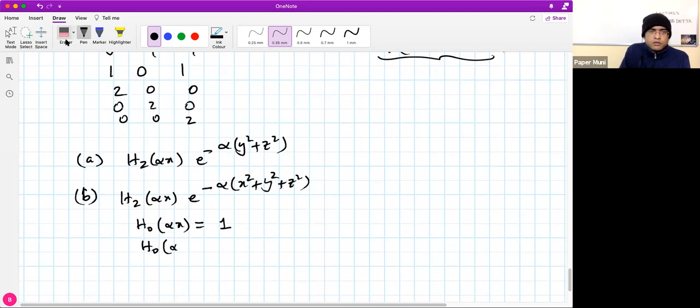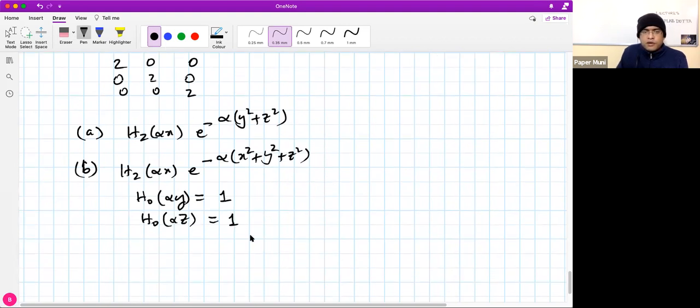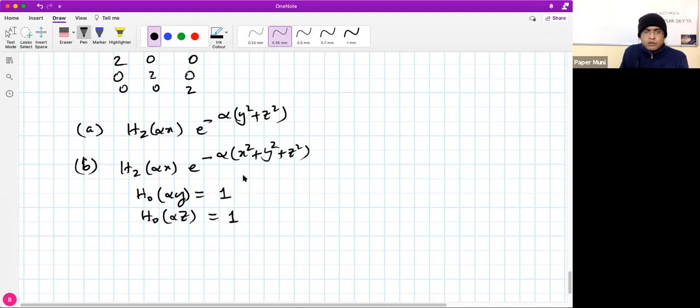So I think this should be y. Okay, and this would be z. This is 1. All right, now if you have not followed the last 2 lectures, then it will be difficult to comprehend this now. Okay, so if you are not able to follow things here, please look at the previous lectures. Now in this case we have this given to us, x square plus y square plus z